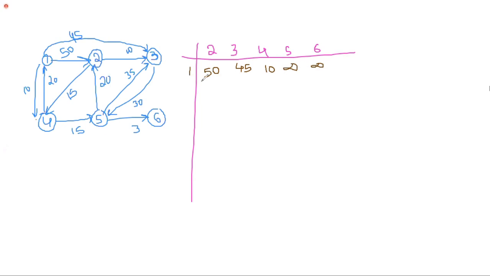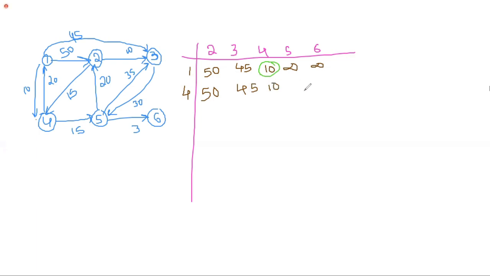How can you select? The one which gives you the minimum value, that we have to select as a known vertex. So which one is the minimum here? 4. So I'm making 4 my known vertex. Now 1 to 2, not 4 to 2. The source is always the same, 1 to 2. Is there any change in 1 to 2? No, ma'am. So 1 to 3, no change. 1 to 4, no change.